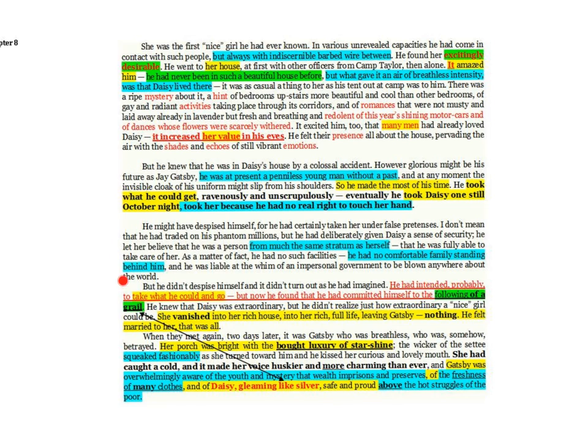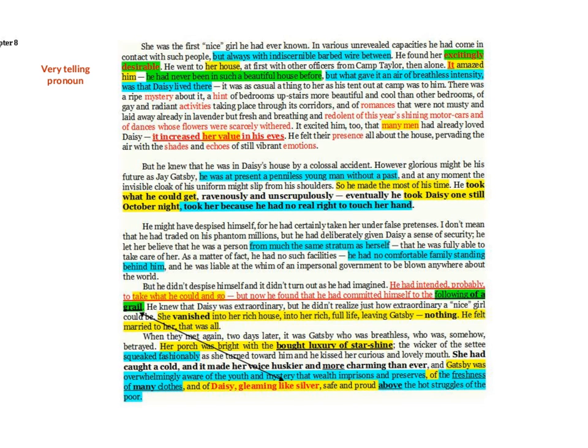And finally, our yellow comments here relating to materialism and competition. Her house, we see this lifestyle idea again. It amazed him, not her, not she. The pronoun becomes third person, impersonal, not related to a person. It amazed him. The house, not Daisy. Looking a little bit lower as well here, it excited him too. There's exciting appearing again. That many men, language of amounts, had already loved Daisy. It increased her value in his eyes.